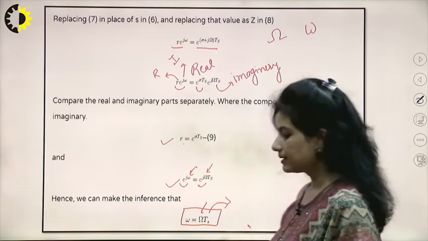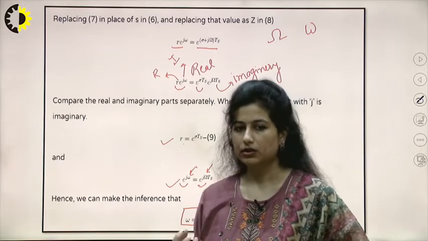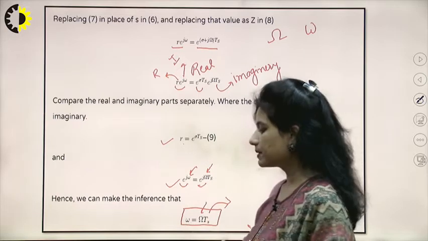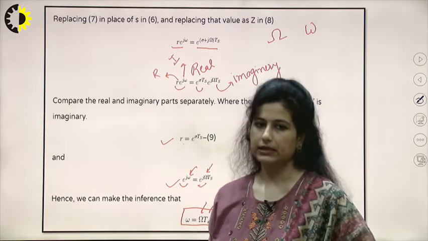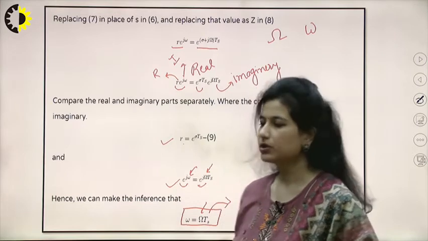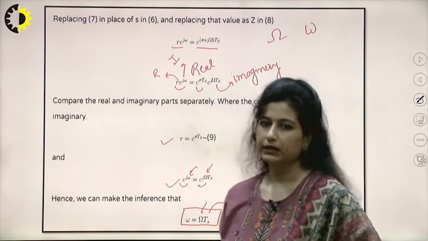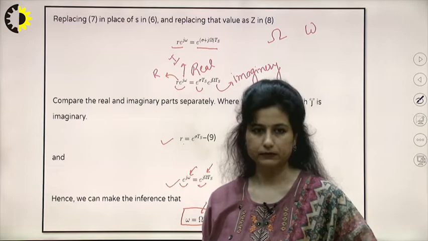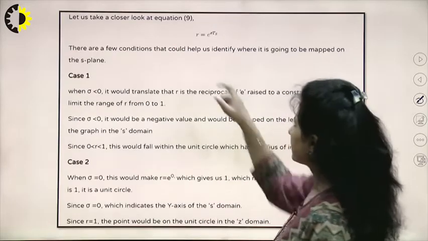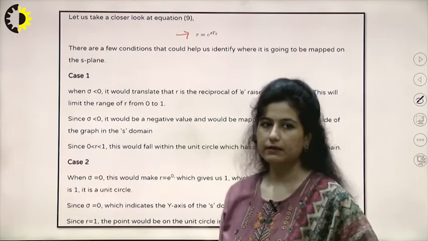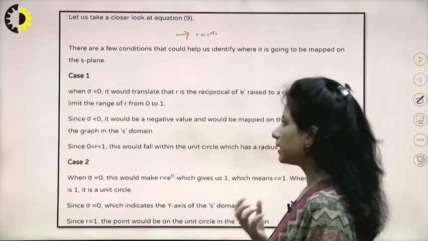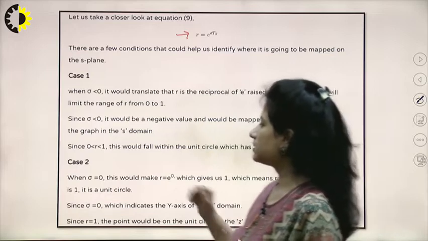So if I consider my sampling time to be 1, in short form I can say that after impulse invariant transformation, both the frequencies, the one representing my analog domain and the other representing my digital domain, are more or less the same. Looking at another factor, the real part, R is equal to e raised to the power sigma Ts, I can conclude some other wonderful things in different cases.